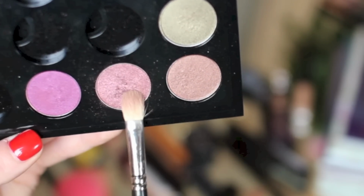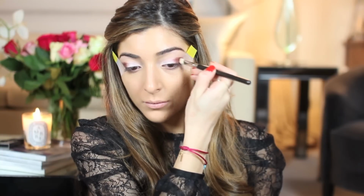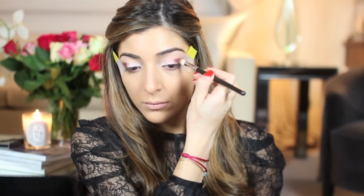So then I take my best friend Mr. MAC 217 brush, which is the best eyeshadow brush ever, and I dip this in a new shade for me. This is Star Violet, and you guys told me a while ago in my USA beauty haul that I would love the shade, and I picked it up and I'm using it and I absolutely love it. So I have you guys to thank for this shade, but I'm just sweeping this along the outer corner of my eye, bringing it up a little bit just above my socket line